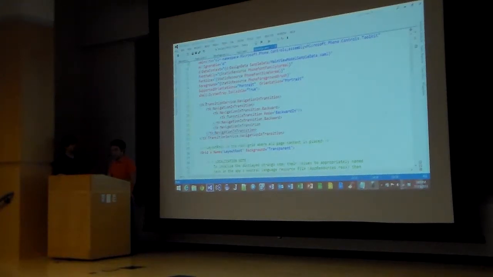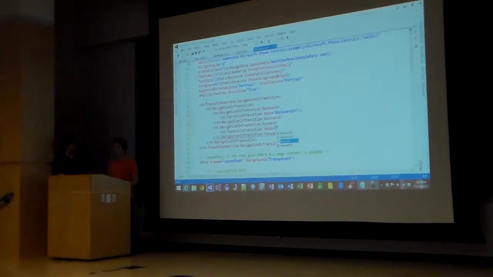Navigation in transition dot forward. Again, it creates a closing tag. And then we also want a turnstile transition on this too. Give it a mode. We want backward. No, sorry. Forward. Forward in, because this is the in transition and we're in the forward aspect of that transition. Close that. And that's it for the in